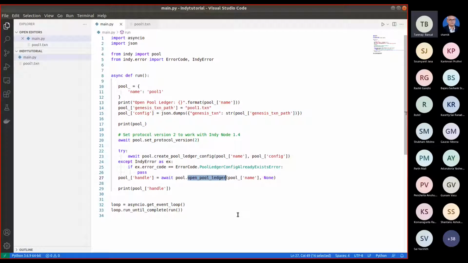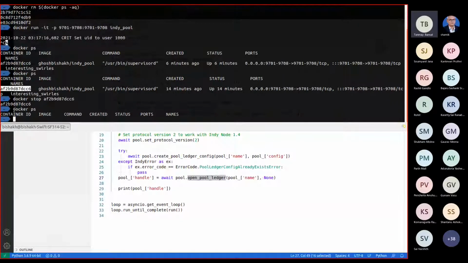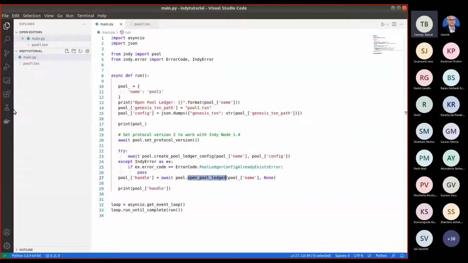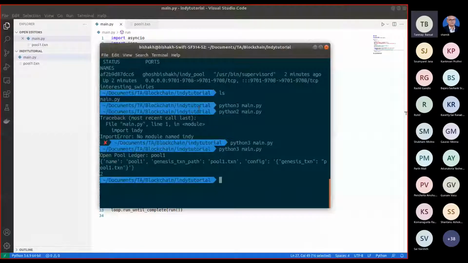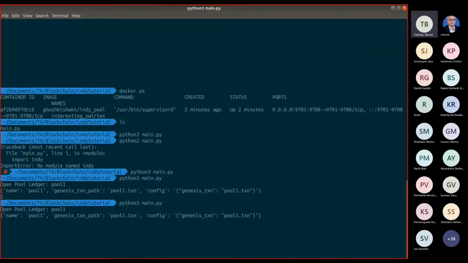Okay, I can show you docker ps. So this Indy pool is running the Indy blockchain. If I stop this, then we see that there is no pool now, and then let us try to connect. What if there is no pool running? It is still running, you can see it. Yes, it is kind of stuck in this step. Eventually it will say that it has timed out. So let me leave it here and go back to the slides.